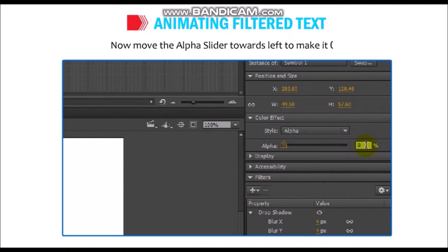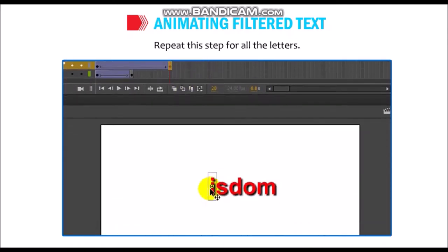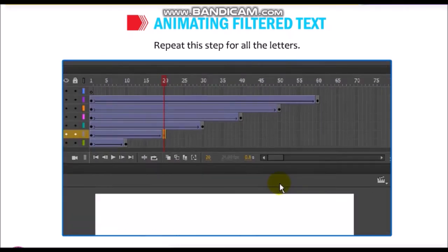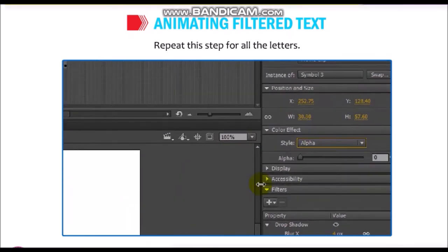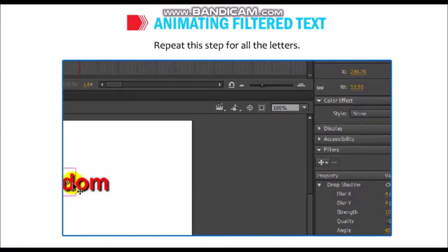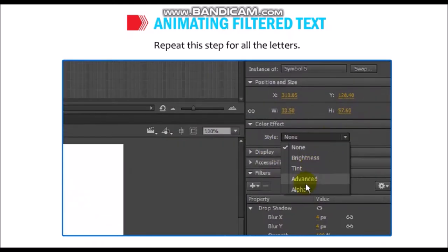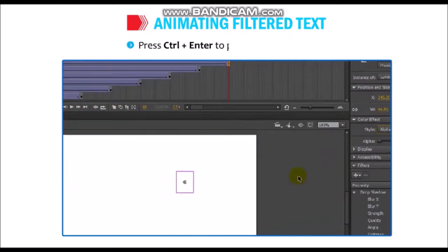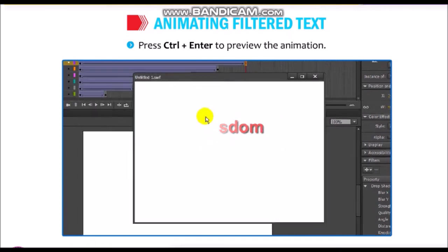Press Ctrl plus Enter to preview the animation.